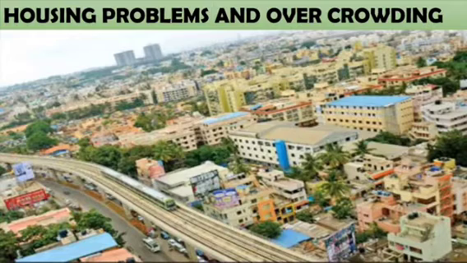Most of the houses are like one building, next building, continuous. That is also the reason why a pandemic like COVID is spreading very fast. This is one of the evils of all urban areas.